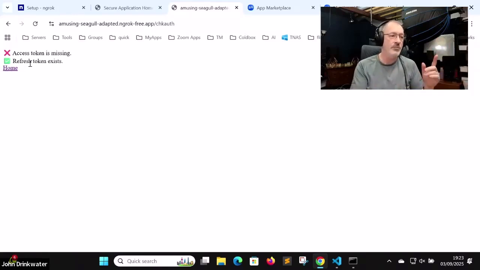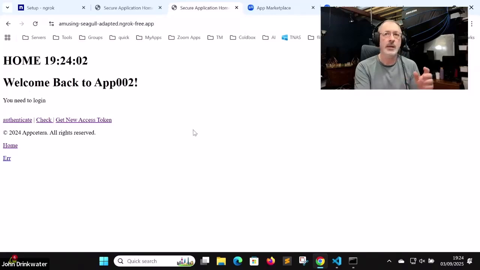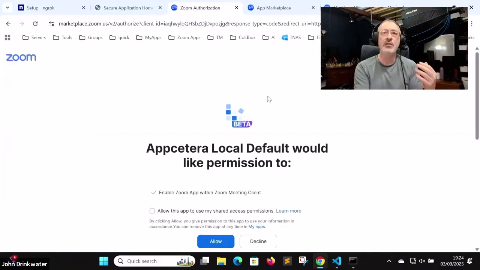Turning it around back to front here. Let's now look at what happens when you do authorize. And this is just using local storage, so this isn't a very sophisticated system here. So I have an authenticate call, and when I do the authenticate call, you can see I do a marketplace call. I authorize